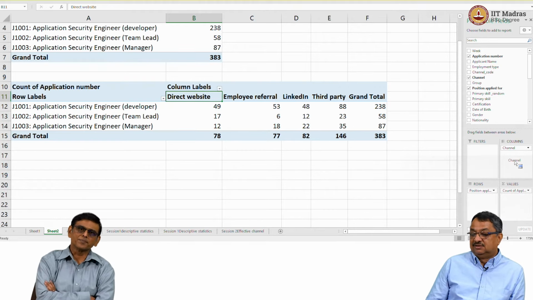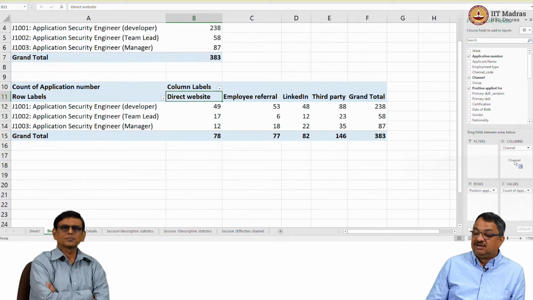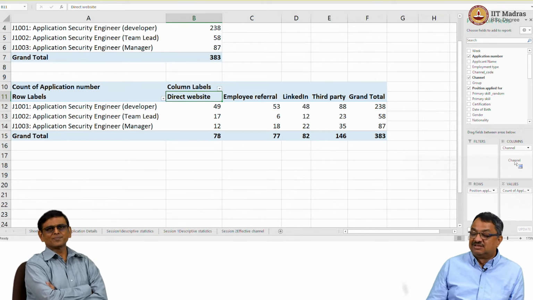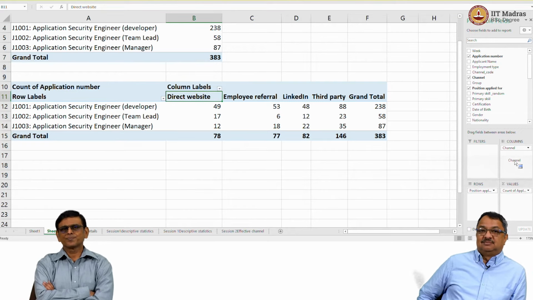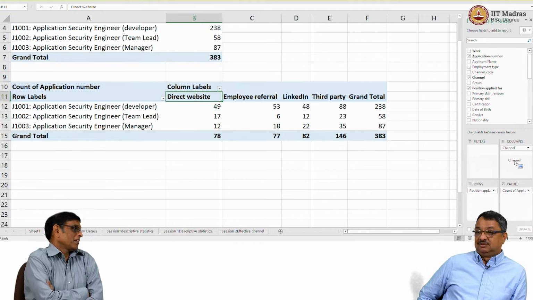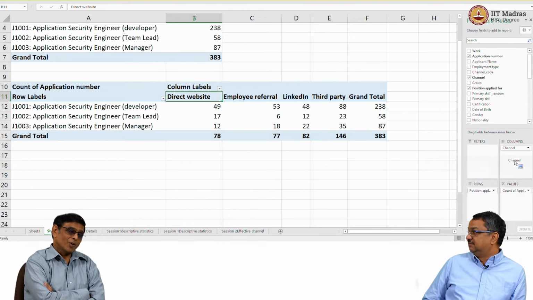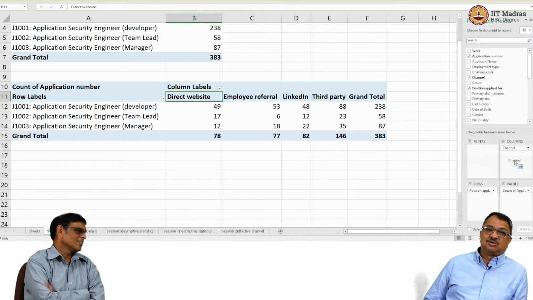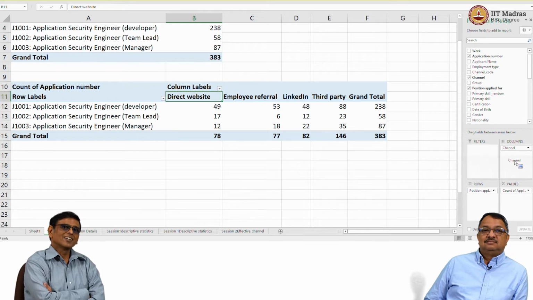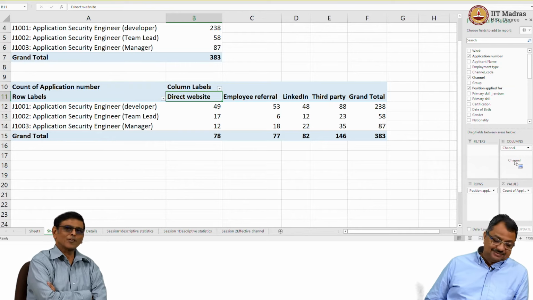And the second is LinkedIn. So actually, if you really look at it, direct website, employee referral, and LinkedIn are all roughly middling. Roughly the same. But we may be getting a better hit ratio from LinkedIn. Perhaps. Actually, employee referral, no? So typically, that should be the highest. If your friend says, this is a good company. Yeah, I would say employee referral highest hit rate. Possibly. Followed by LinkedIn. Because LinkedIn is somewhat like employee referral only, no? In a way. Kind of indirect referrals.